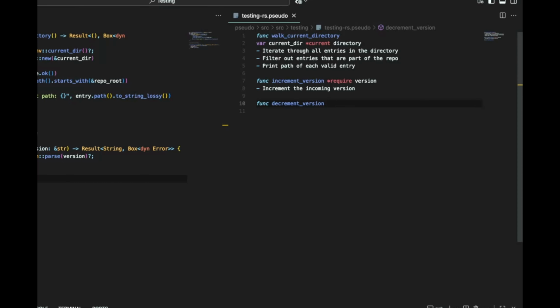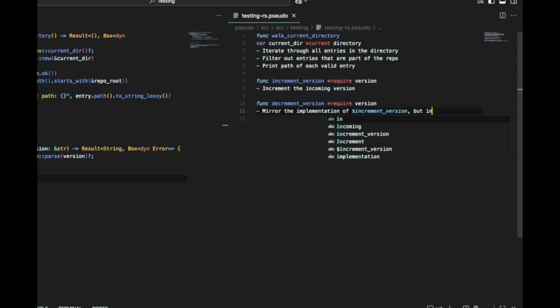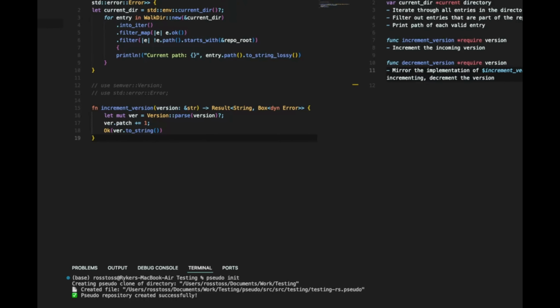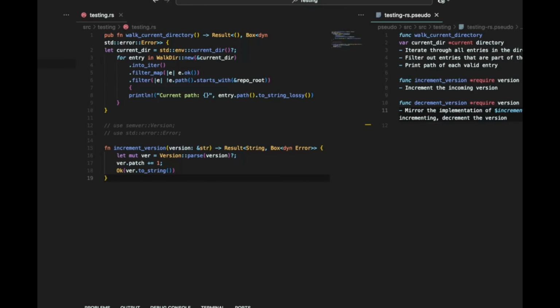We want to, for example, create another function called decrement version, require version. And this is a really cool part about the pseudo engine. We can tell the pseudo engine to reference another function with the $ sign. It'll look at the implementation in the source code and use that as a reference to build new code. So as we use sudo gen, it'll generate a new function that works similarly in practice to the increment function